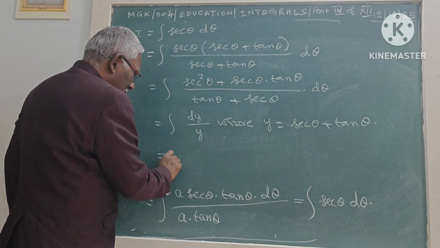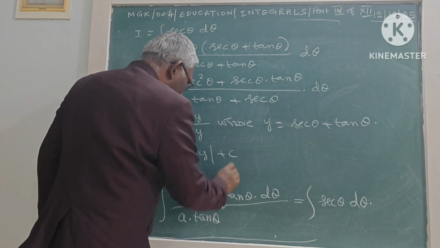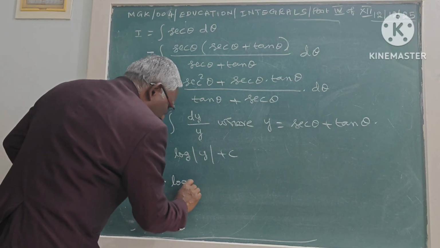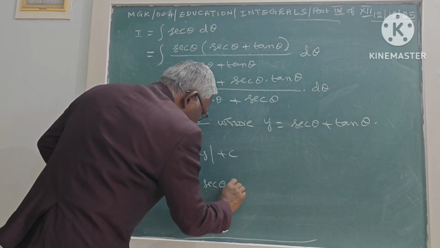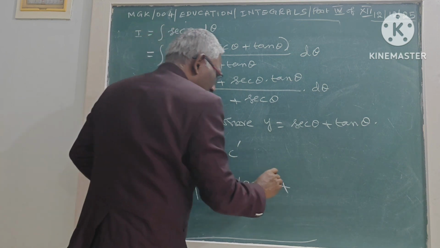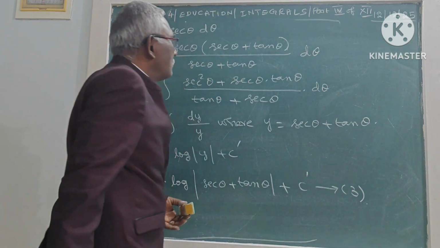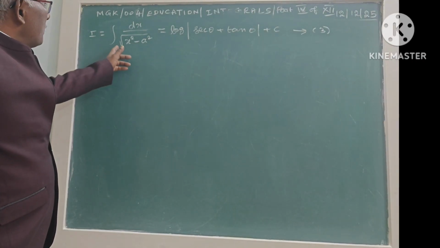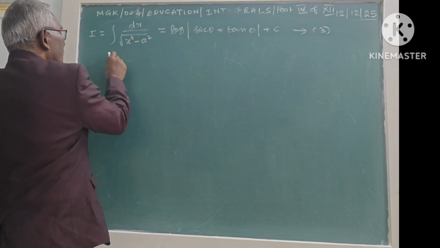So what is the value of this? Log of y plus constant. What is y? Secant theta plus tan theta plus constant. We call this as 3. So dx by square root of x square minus a square is log of secant theta plus tan theta. We know from 2